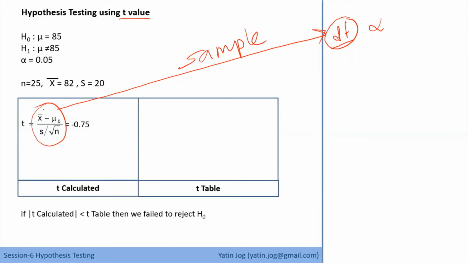Now this is only one statistic calculation. We are doing t statistics, so we'll consider degree of freedom of n-1. So how many observations we have? 25. So what will be the degree of freedom value? 24. It is always n-1. We have discussed this, correct? So the degree of freedom value is 24.